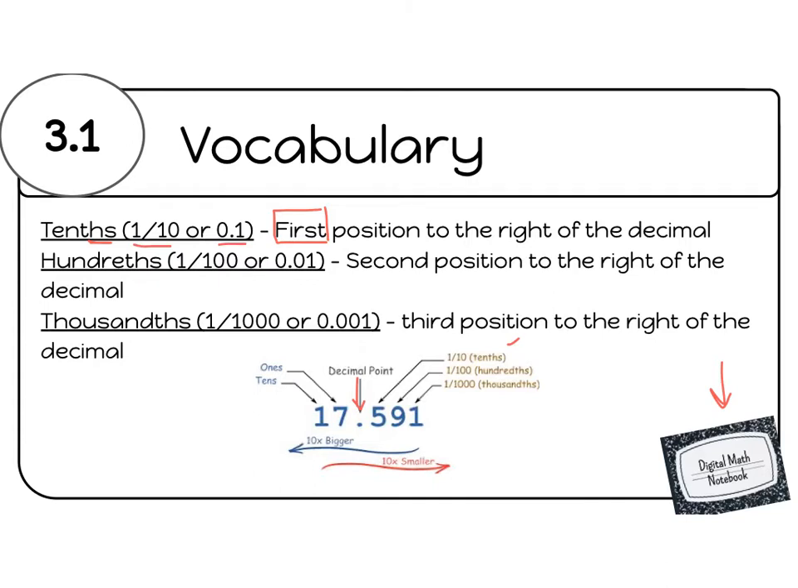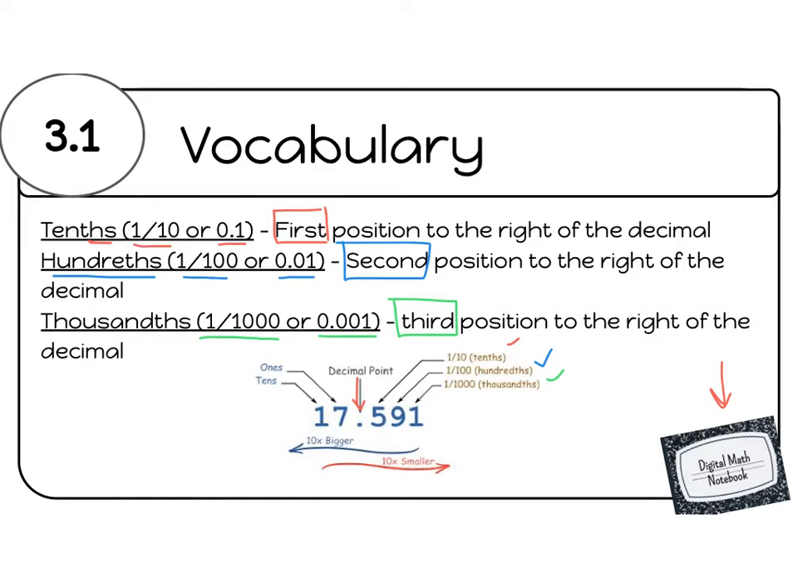The next place to the right of the decimal is called the hundredths. The hundredths is the second position to the right of the decimal, and we can write it as 1/100th or 0.01. So it's right here. And our third vocabulary word today is the word thousandths. We can write thousandths as 1/1000th as a fraction or as a decimal, and it is the third position to the right of the decimal, and it goes on further after that, but for today we're mostly worried about the